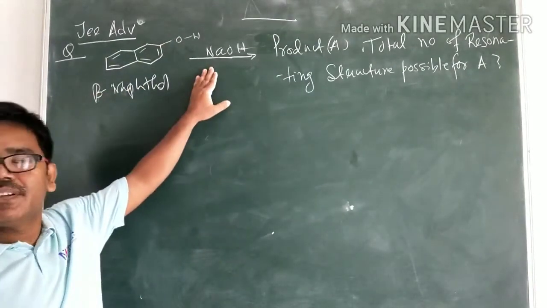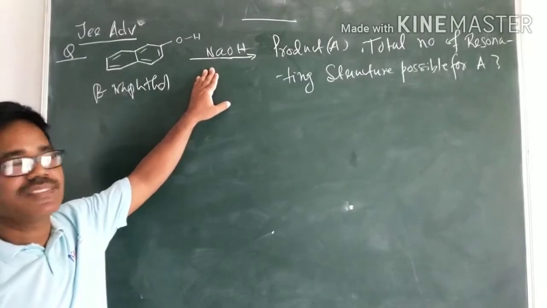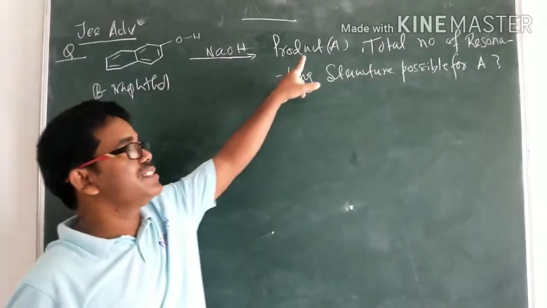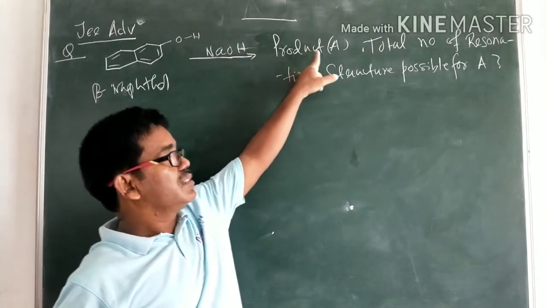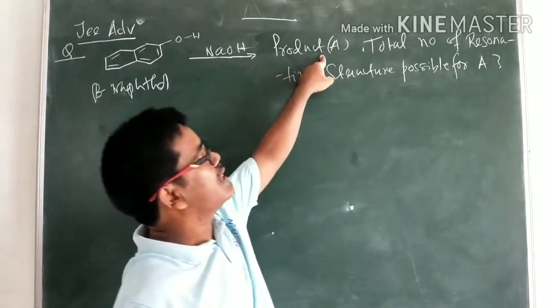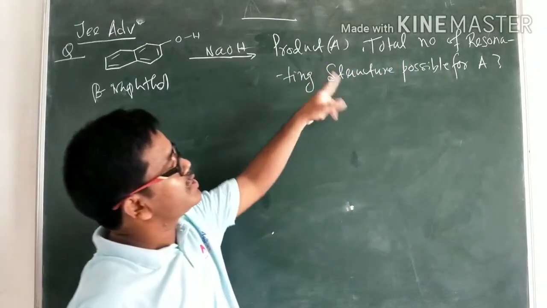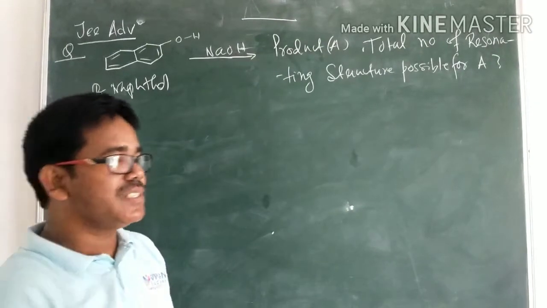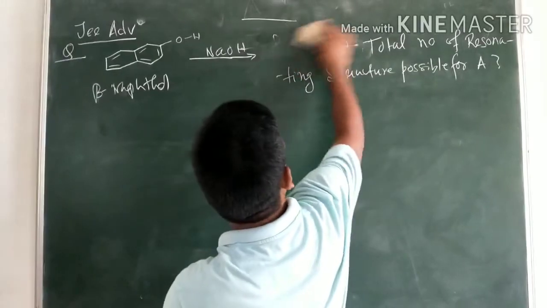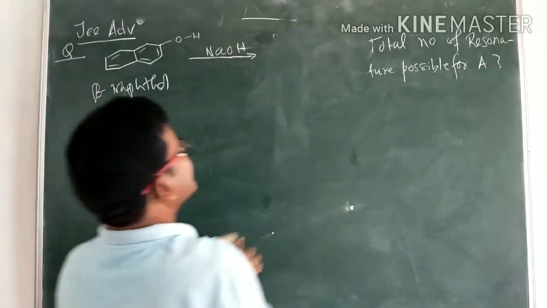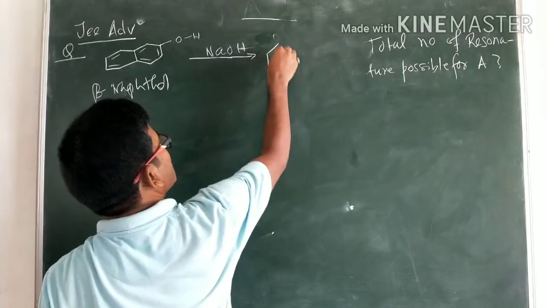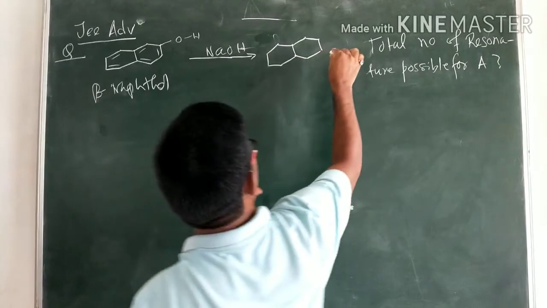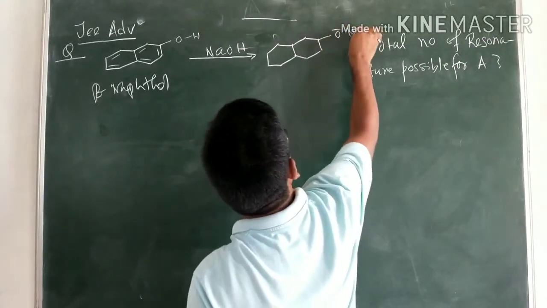And sodium hydroxide, obviously it is known to everybody, it is a strong base. Therefore, when an acid reacts with a base, what is the product? Obviously it is a salt. You need to identify the products, and then the question asks for the total number of resonating structures possible for the product A. So first of all, we should identify the products. Obviously, the product is a salt. No confusion. When an acid reacts with a base, it gives a salt. Everybody knows that. Even students of class 5, class 6 know that when an acid reacts with a base, it gives salt.